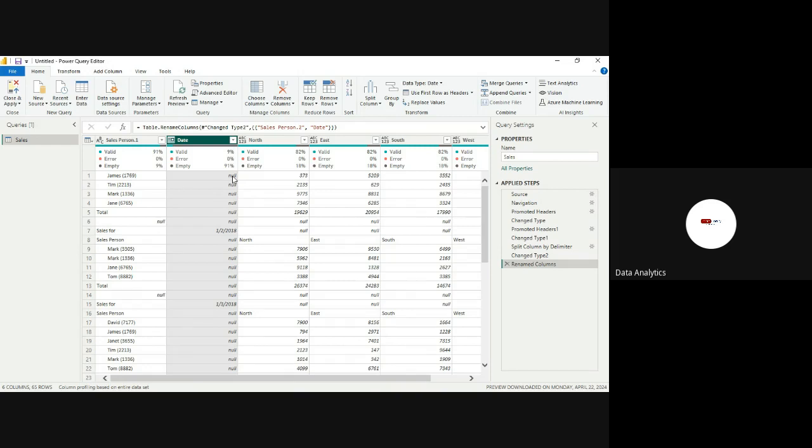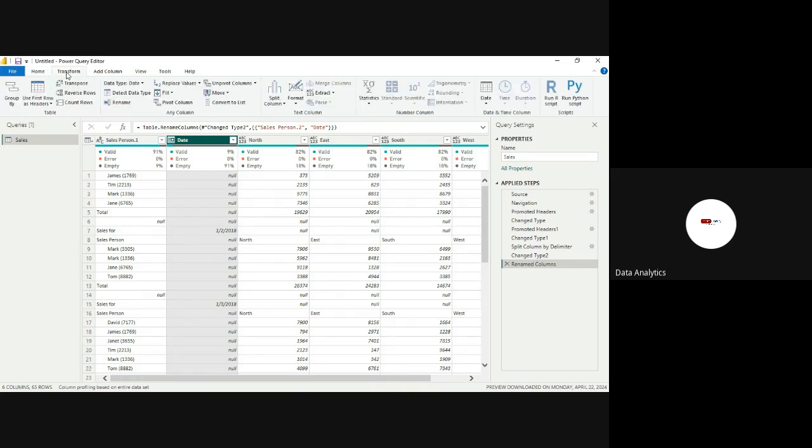Now there's a tool here called fill down, or fill. We also have it in Excel, but I'm not sure we applied it at any point in time. Under your transform tab, you will see fill. Now click on fill. You will see fill down and fill up. Now, if you click on fill down,